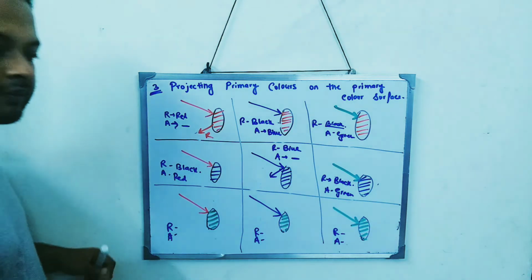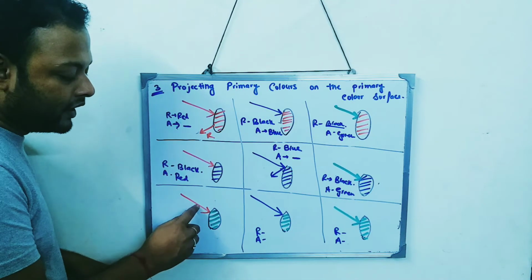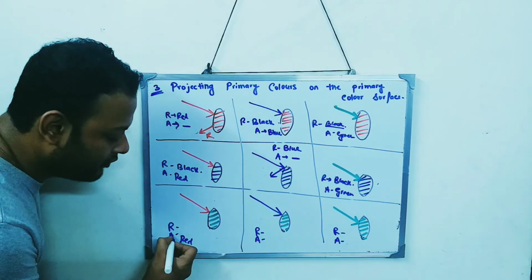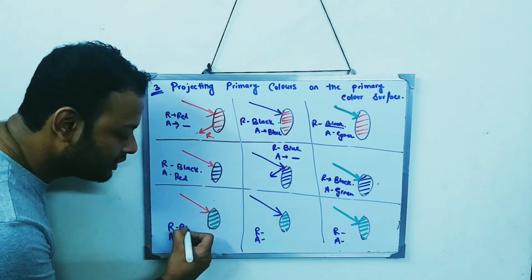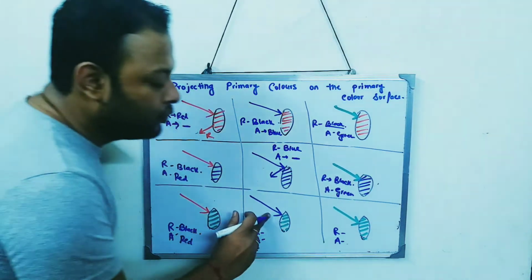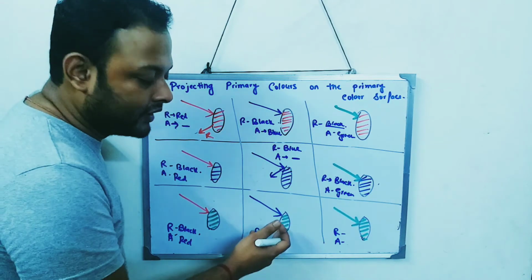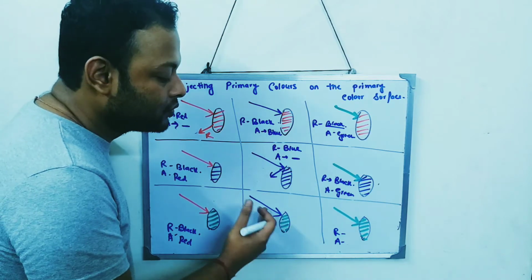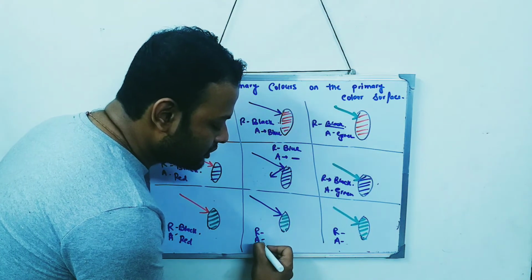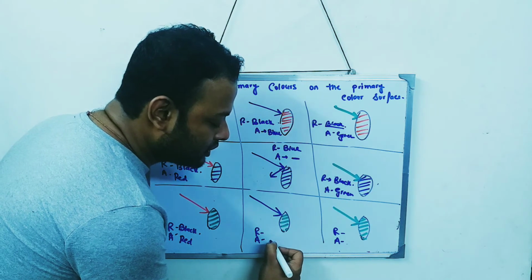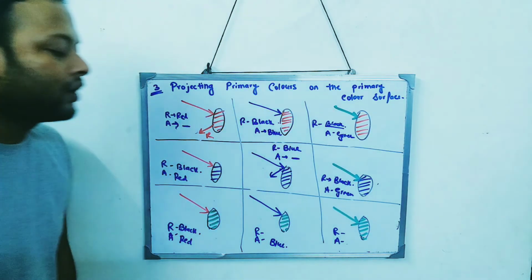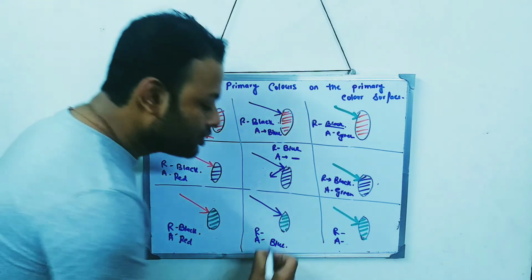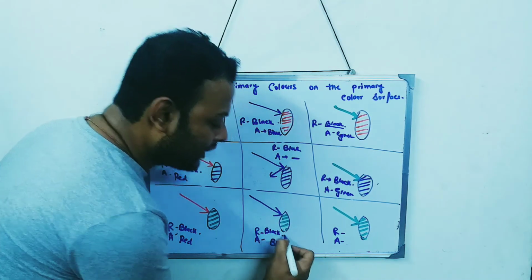Now over here, I think it is becoming clearer to you. Easy. Red on a green surface. Obviously, it will absorb that red color. A for absorb, and it will reflect nothing. So it appears black. Over here, blue on a green surface. Again, it cannot reflect the blue color. The green surface will only reflect the green color. So it absorbs the blue color. And which color does it reflect? It reflects nothing. So it appears black.